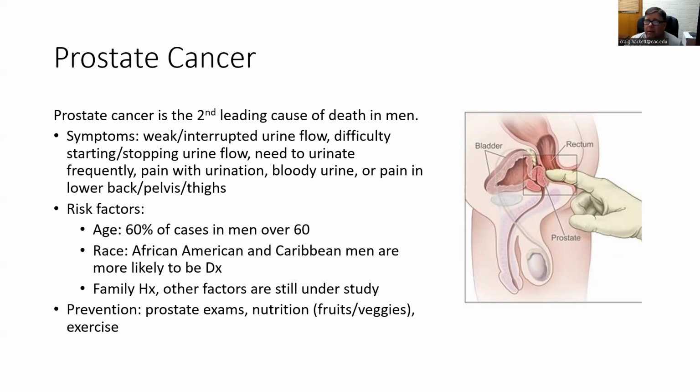They don't know why. Family history is one of the biggest factors, although other factors are under study, like occupation, diet. Obesity doesn't seem to have an effect, and in some cases they have a slower growth of prostate cancer, but their lack of exercise does have an effect. So my point is that the research is kind of everywhere right now. Research is research. It takes a long time to get a real clear picture. So they're still developing a pretty clear picture.